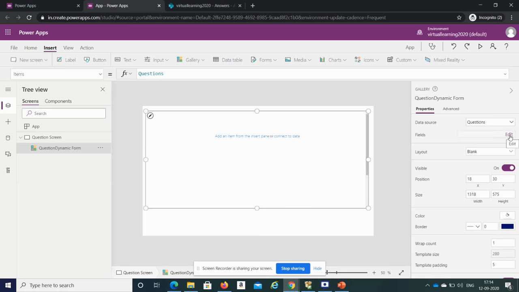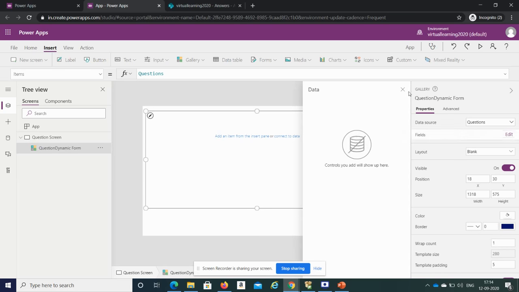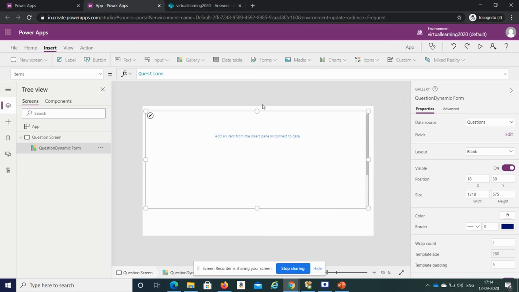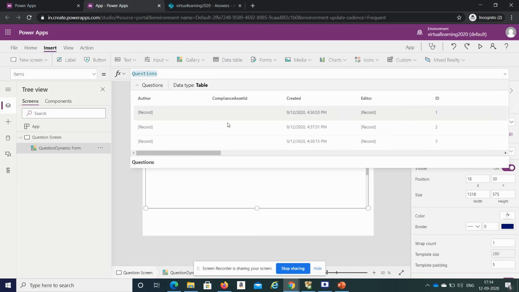Okay, and we will select edit. If you see these questions in the items, basically there we need to give the table name. So our table is questions from the SharePoint list. So here we have these three records. So all of these are coming from SharePoint.